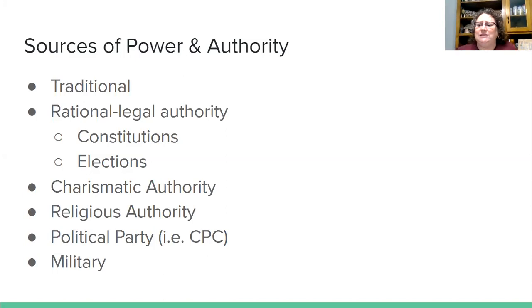President Putin obviously has it. No denying it. Even if you don't like his politics, there's still something that you're drawn into. And we can also see that in 1979 with the Iranian Revolution with Ayatollah Khomeini, who has it more than the current one has. And then religious authority, very much important in Iran, the importance of Sharia law, the importance of Islam. Political parties can also be a source, like United Russia in Russia. It's not really the party though, it's Putin's party, right? So it still kind of revolves around him. Versus in China, it's the Communist Party. And then your military can be another source of authority.